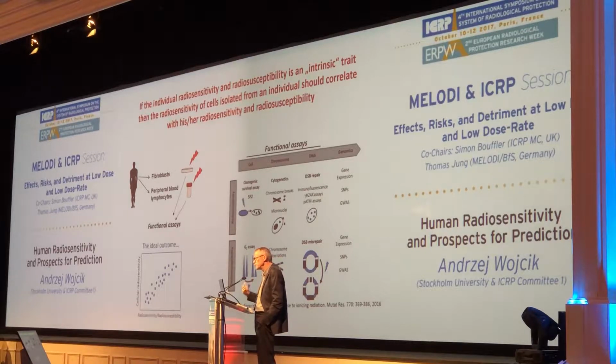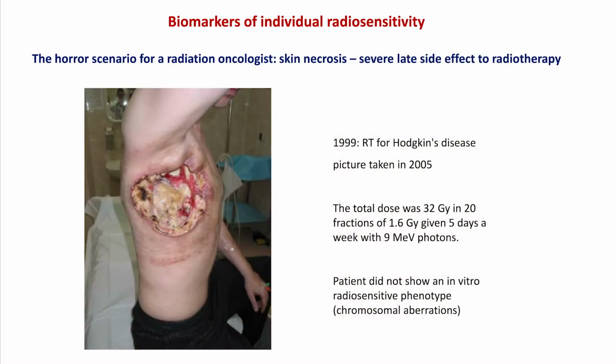We can look at differences in single nucleotide polymorphism, so-called SNPs. We can look at individual SNPs, or we can look at all polymorphisms in the genome, and this is called GWAS, Genome-Wide Association Studies. Now, this is why we do this.